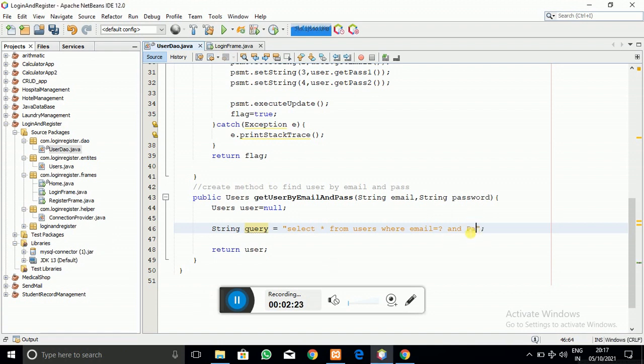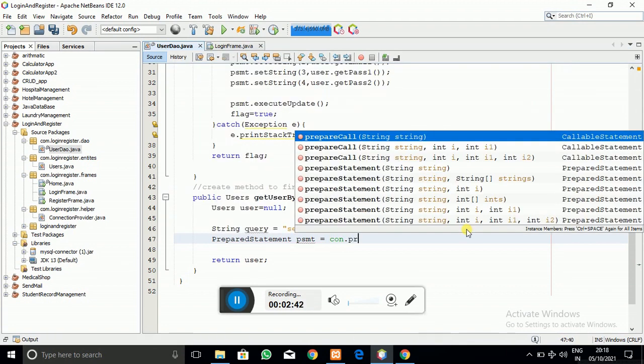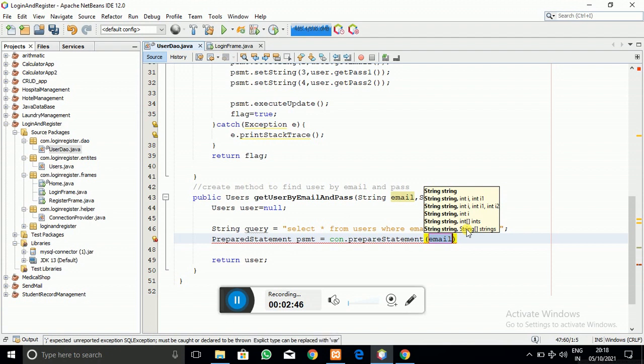The placeholders will be replaced using the prepared statement object. So let's create the prepared statement instance with connection dot prepare statement for the query we have just written. In the brackets you have to write the query.